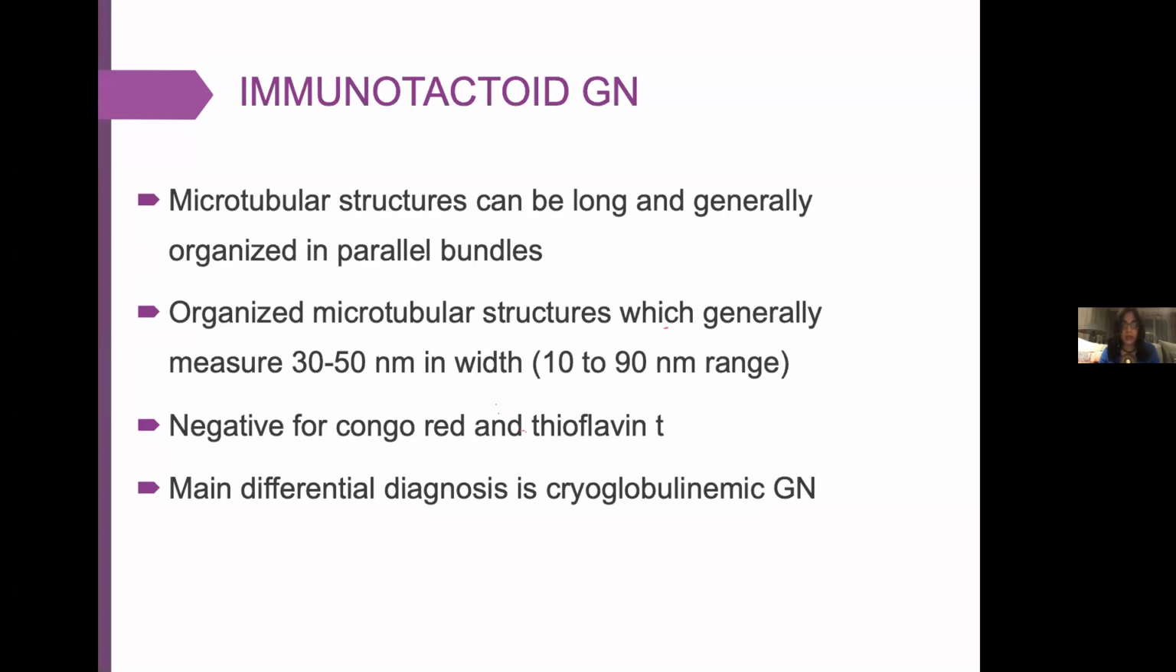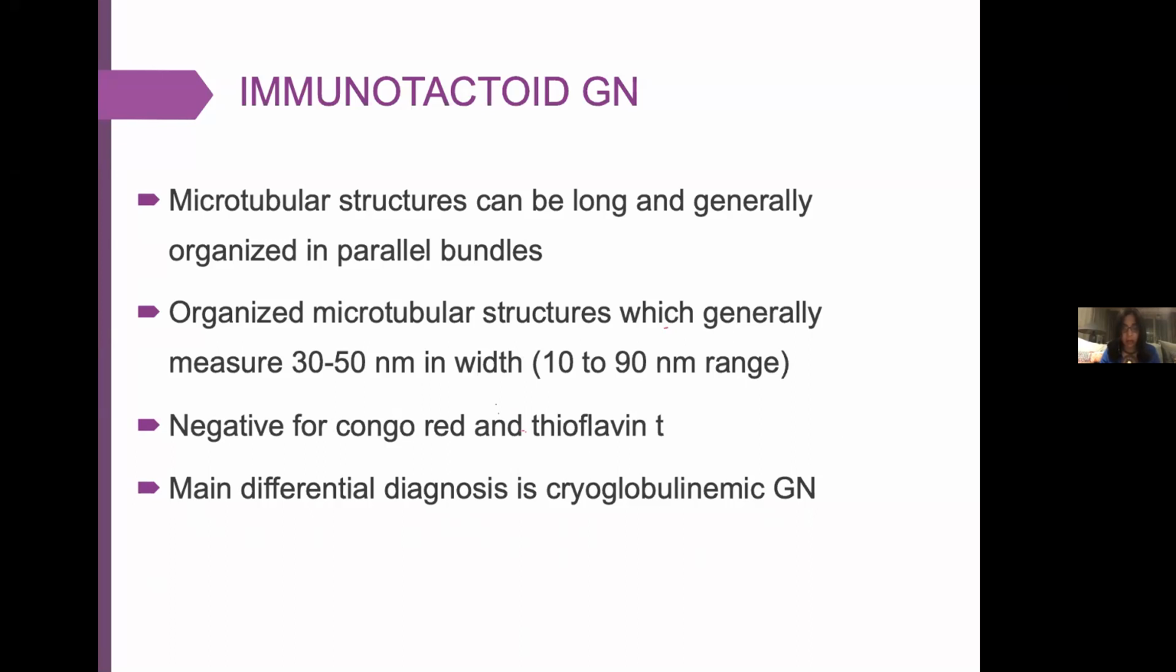It is characterized by microtubular structures, can be long and generally organized in parallel bundles. These organized microtubular structures measure 30 to 50 nanometers in width. They are negative for Congo red, and its main differential diagnosis is cryoglobulinemic glomerulonephritis, because it gives you the same microtubular structure. And you can ask me, why didn't we diagnose this case as cryoglobulinemic, the case I just presented, although the patient actually did have some cryos in her